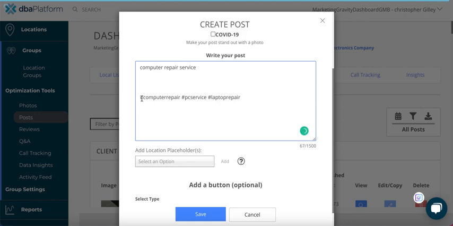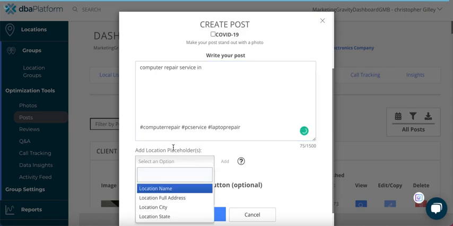You know, I usually do these at the bottom because that just seems to work best. You'll have your header, you'll have your article talking about computer repair service. You want to do about 300 words, and then you'll have your tags at the bottom. And then you could also go in here. So this is one way to do it, just with this, and then another way would be